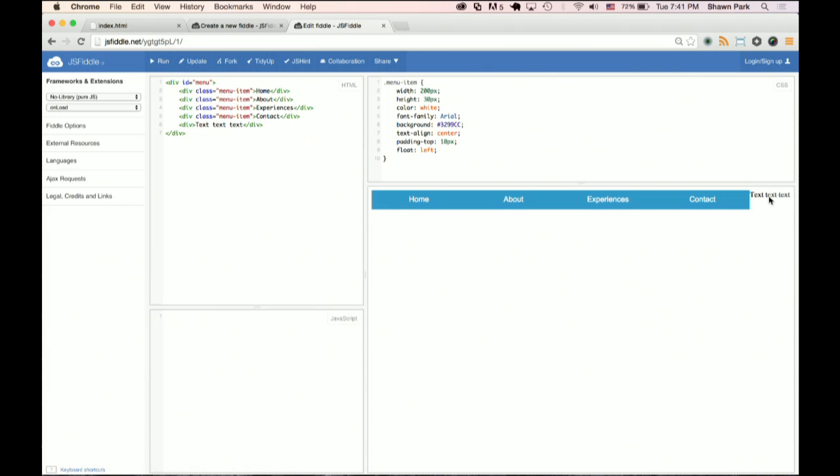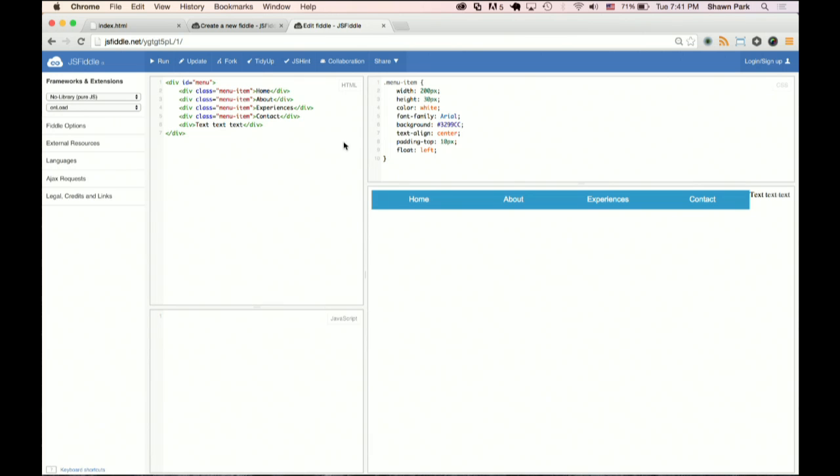Suppose this is not the behavior you wanted because you wanted the text to come in on the next line, right? You wanted a sort of line break to say, all right, I'm done stacking things to the left. But you'll find that even though you didn't apply float left to this div, and this div is not a menu item, it's still sort of attaching onto the left.